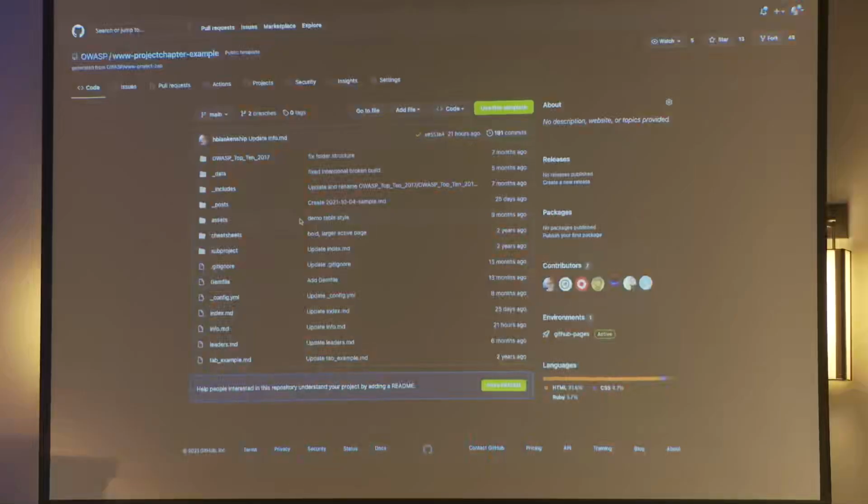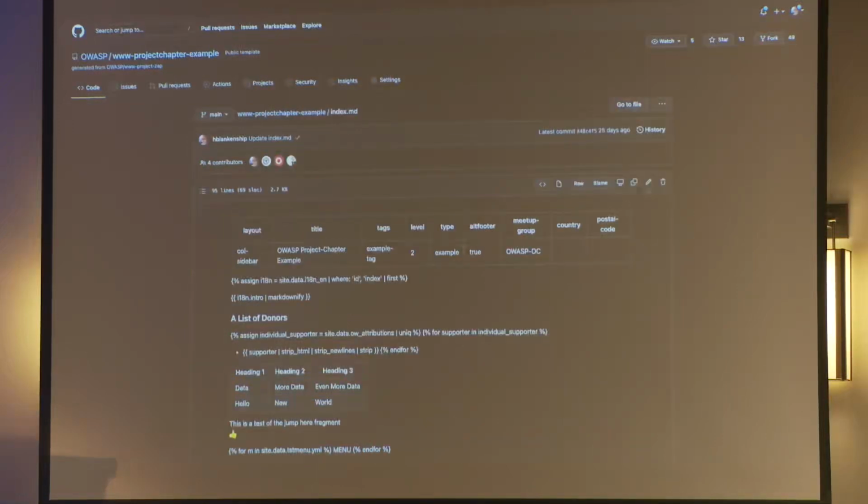And once you do that, then you have the level, which has already been set for you to incubator. That's what most projects come in as. We'll let you know if, for whatever reason, perhaps you're bringing a project over from another place and you actually have a mature project, we might change that level to lab, for instance. That is all listed within that index.md page at the top.